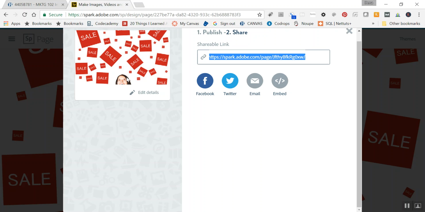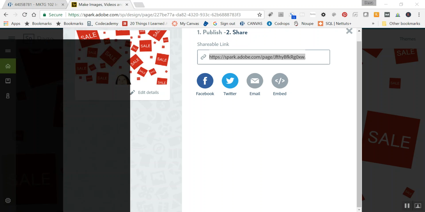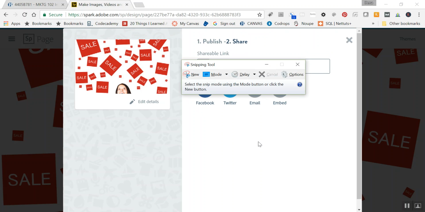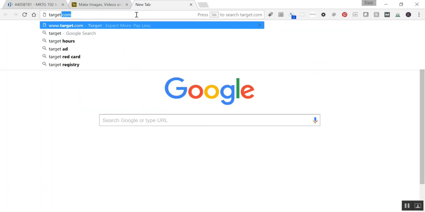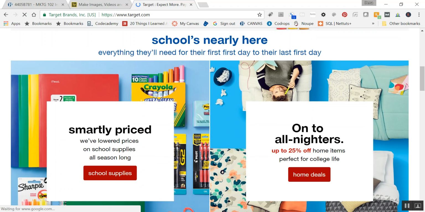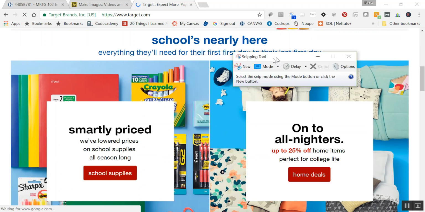If you're using a PC, and a Mac does have a similar tool, you can use what's called the Snipping Tool. If you go down to your search box in Windows, you can click on Snipping Tool, and it allows you to make a copy of something. So in the case where I say screenshots would be helpful, the Snipping Tool is what you're going to want to use. If I'm doing my project on Target, I can take my Snipping Tool and maybe show some examples of